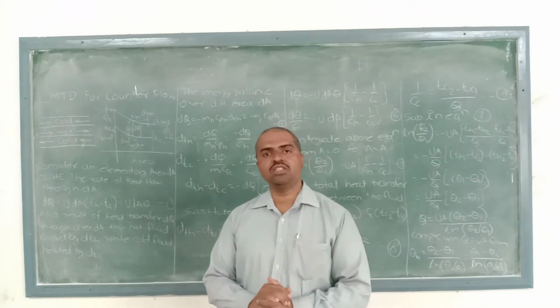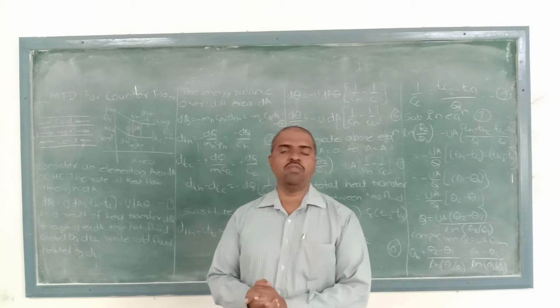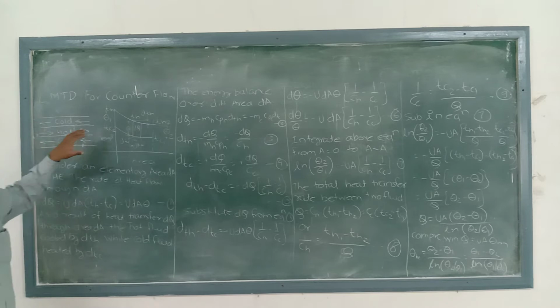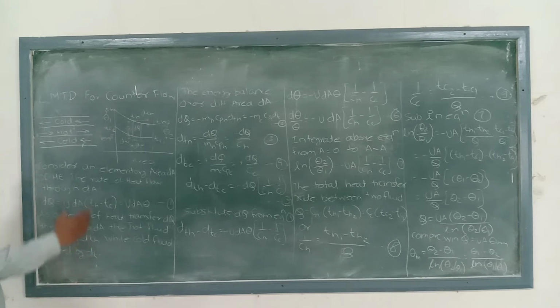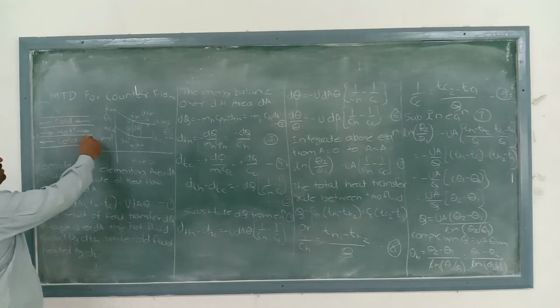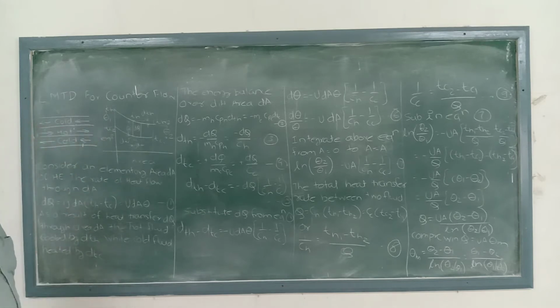In a parallel flow heat exchanger, the direction of the flow path of the hot fluid and cold fluid is the same. But in this counter flow heat exchanger you can observe the hot fluid travels from the left side to the right side, and the cold fluid, which surrounds the hot fluid pipe, travels from the right side to the left side. So the flow pattern is counter flow, meaning the directions of flow are opposite to each other.